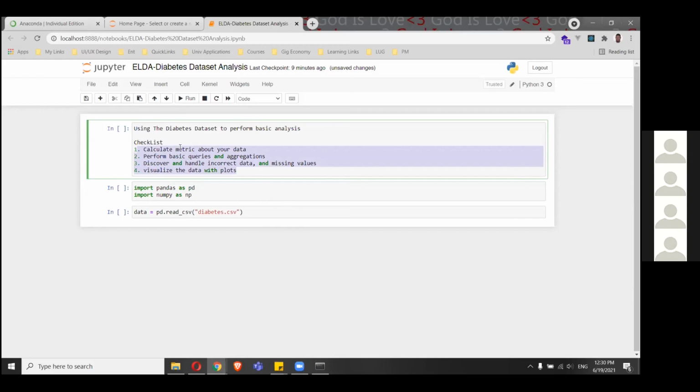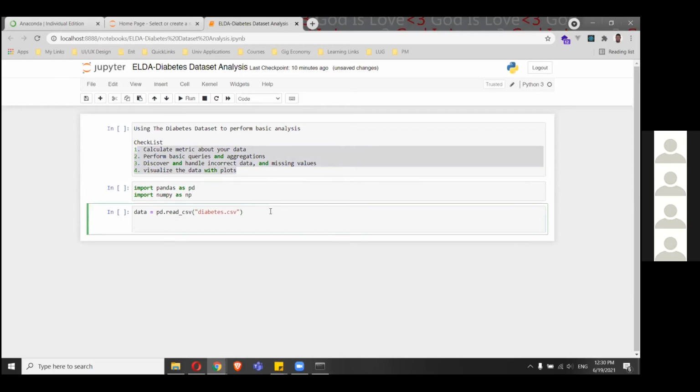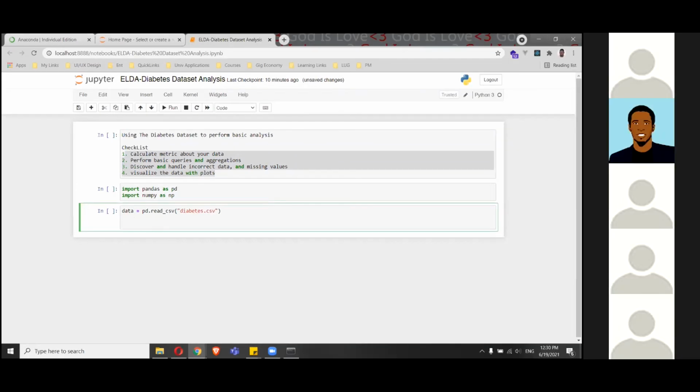So to calculate the metrics, we do that under different phases. The first one, after importing this, we can start performing some simple analytics around our data. For example, since we have our data, if I did data.head and I ran that,